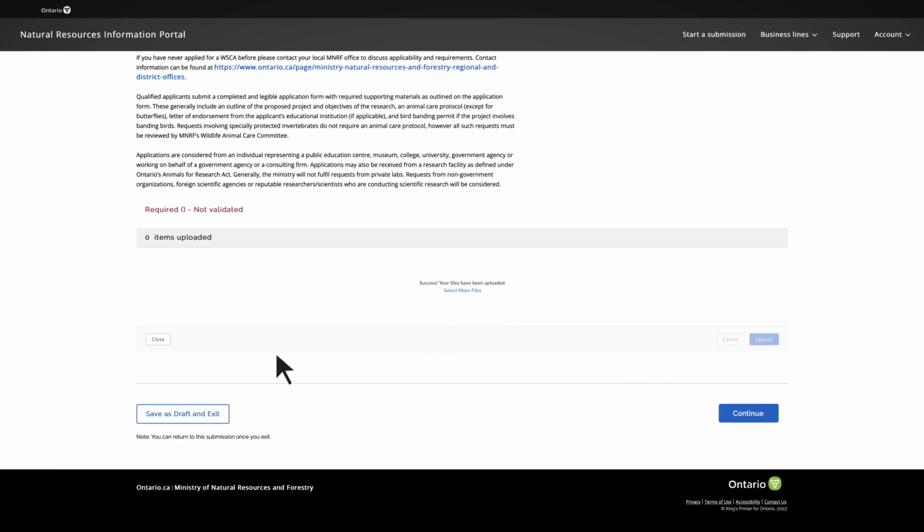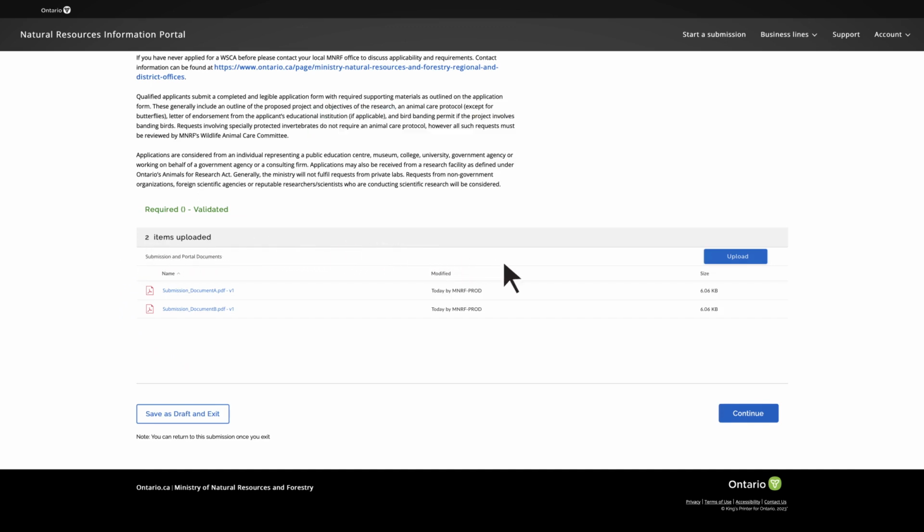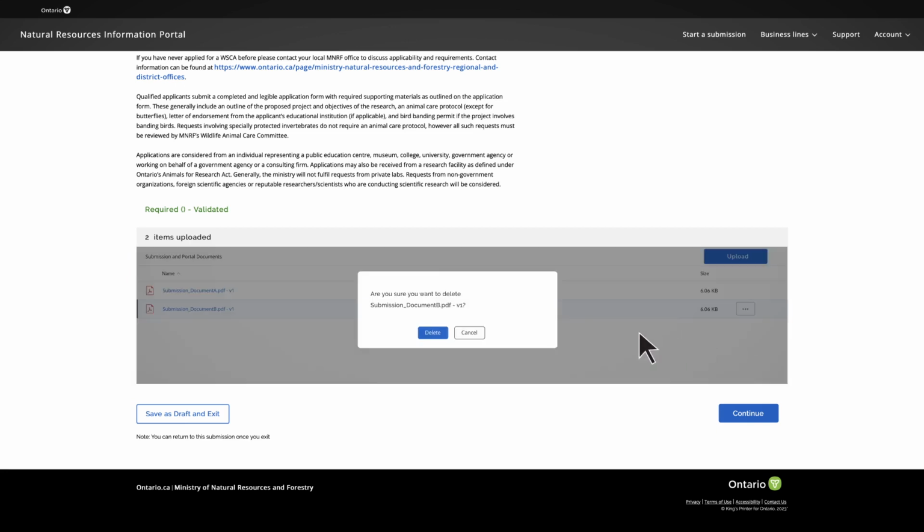Once all required documents have been added, select Close. A message appears on screen with a checkmark stating Additional Information folder validated. All files in the folder have been uploaded and validated successfully. You will receive a message confirming all your documents have been uploaded successfully. If you want to remove an unwanted file, select the 3 dots beside the file name and select Delete, and